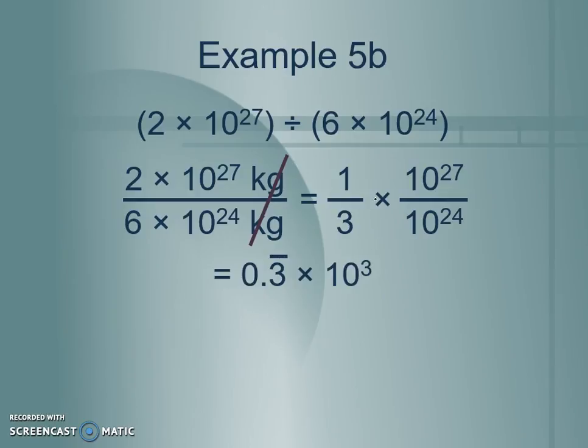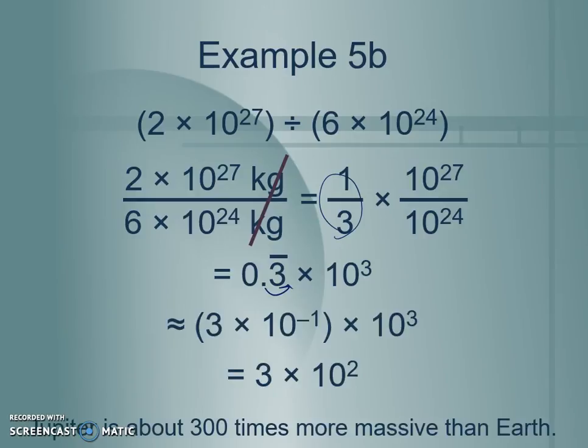And then we'll want to write our fraction as a decimal. 1/3 is 0.3 repeating, times 10 to the 3rd, because we have 27 minus 24, but this isn't in scientific notation yet. We're going to have to scoot this over 1, which means we're going to drop our exponent down 1, so we'll have 10 to the 2nd. We're going to round it, say about 3 times 10 to the 2nd, or Jupiter is about 300 times more massive